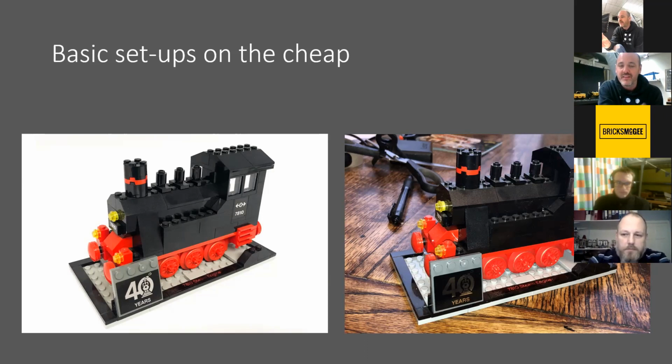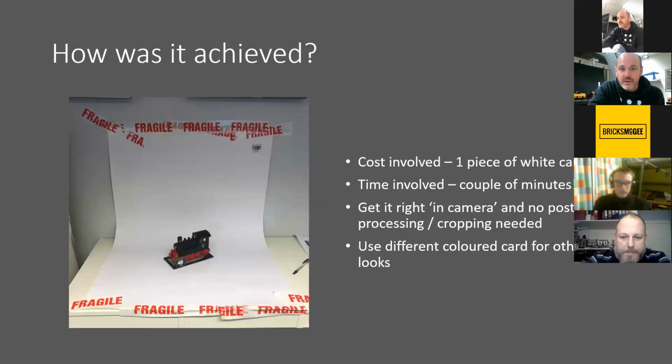You might look at that and think, oh, that's quite a lot of work. But there's almost no work involved whatsoever, and I'll show you the setup. That's the setup in my studio. It's a bit of white card taped to the wall. You get a nice bit of curvature there. I've turned the flash off, I've still taken it with the phone, and I've just held it there and taken the shot. So if you want a really cheap and quick way of getting better photos,